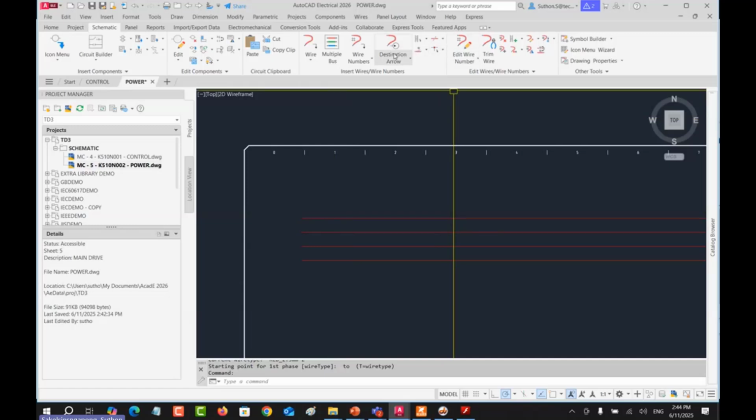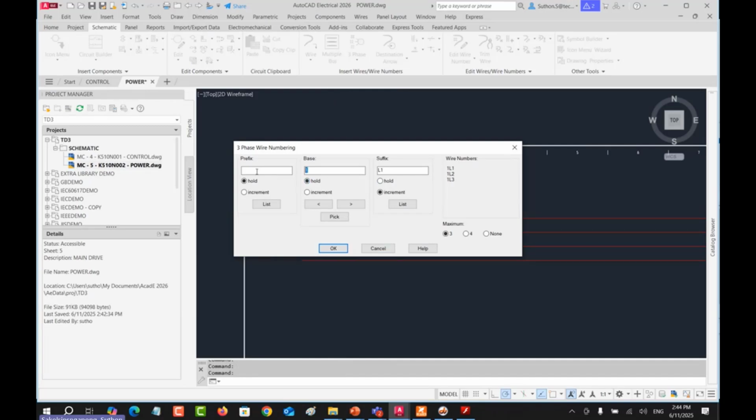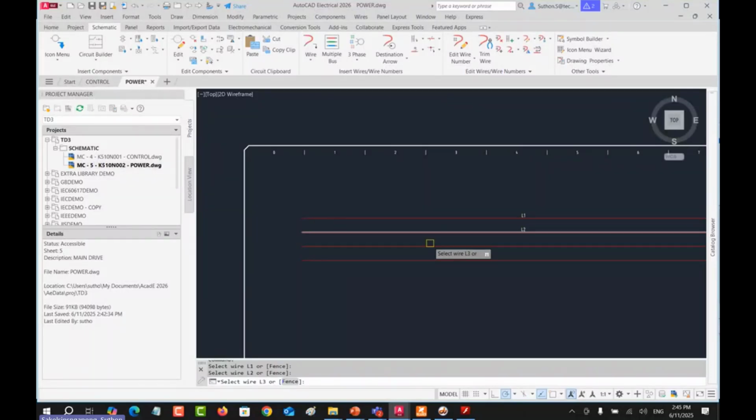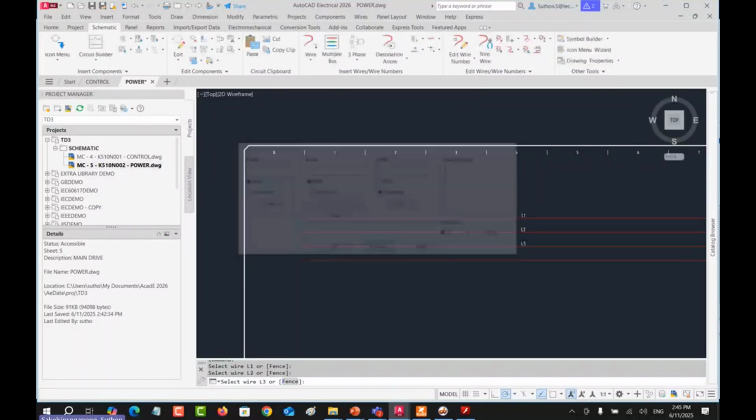I want to assign the wire number 3 phase. This one is L. I use the L1, L2, L3 system. So you can see from the example, it shows you the L1, L2, L3. That means the first one will be L1. The second line that I click is L2. The third one that I click is L3. Automatically assigned by the system. L1, L2, L3. You see?